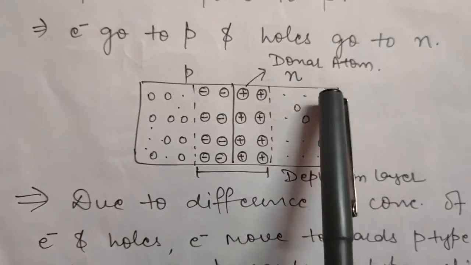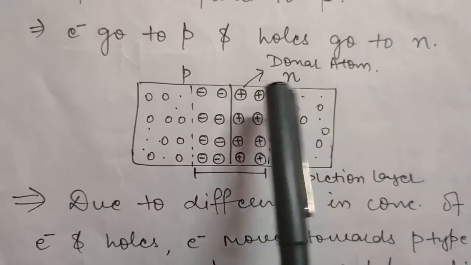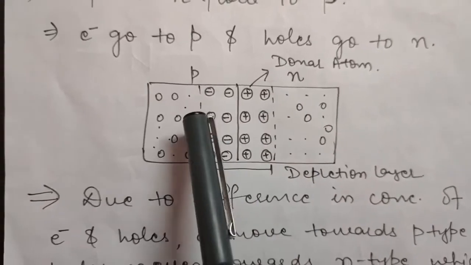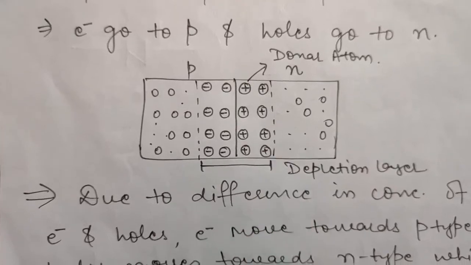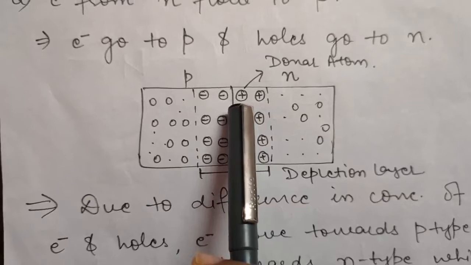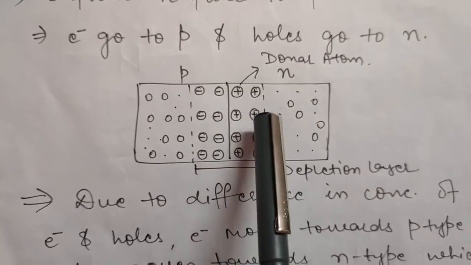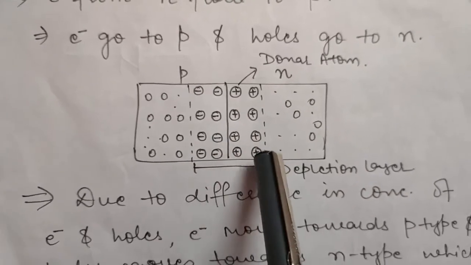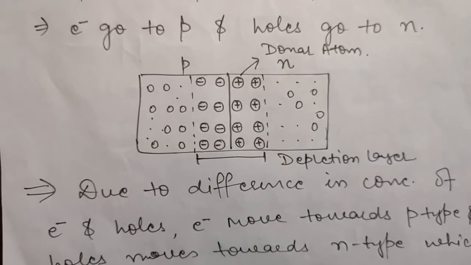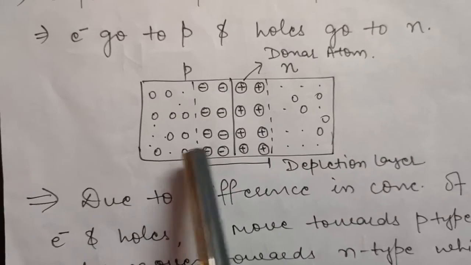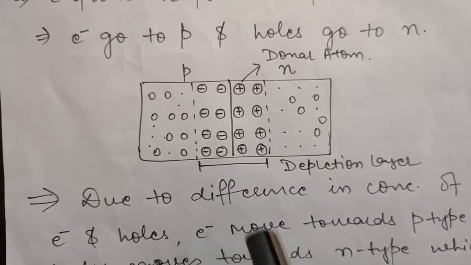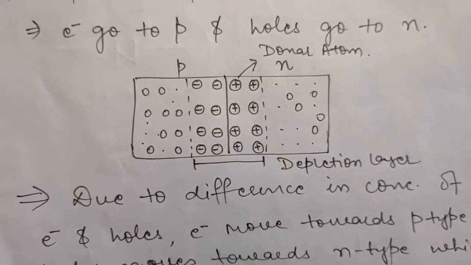Now clearly see, this was an N-type semiconductor, but when electrons leave from here, that is when electrons go from N to P, what will be left here? Obviously a positive ion, or you can say an ionized donor atom will be left here. So these plus signs are nothing but ionized donor atoms which are created due to the movement of electrons from here. The electron has gone from here and therefore a positive charge has come here. Similarly, this is not just a positive charge, but it is an ionized donor atom.